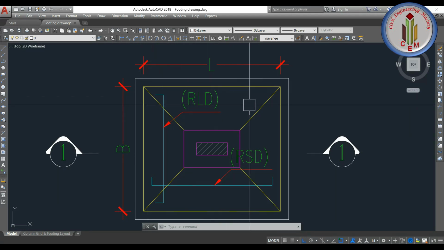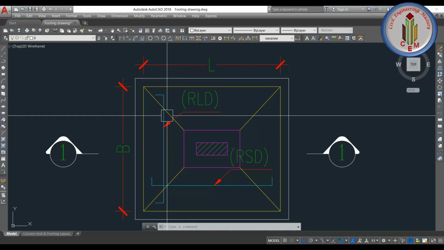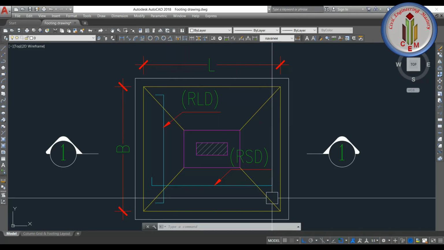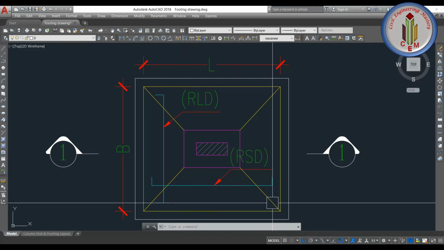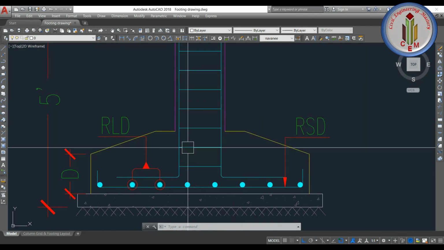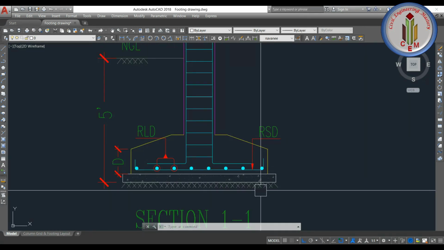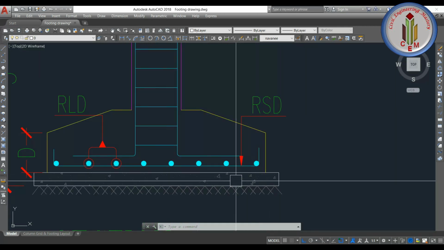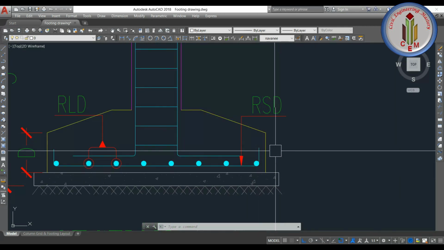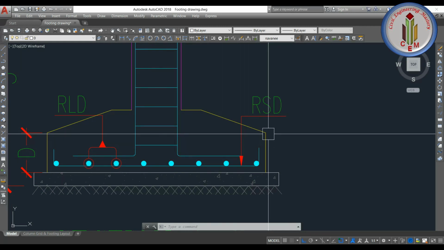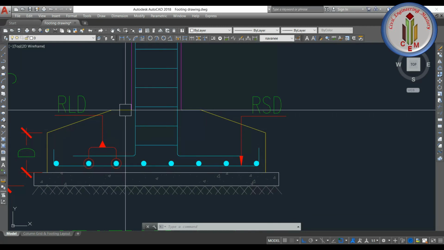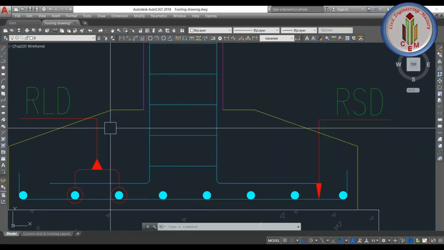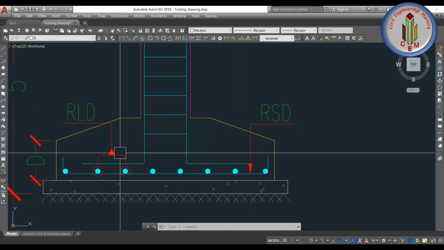So after that we can reduce the footing depth to the minimum required, which we can provide as per IS code. In section you can see, similar to isolated pad footing, PCC will be there, and above that the footing, and this is the minimum depth we have to keep, and this is the overall depth. If you see from the face of the column at a distance of d/2, here the depth will be